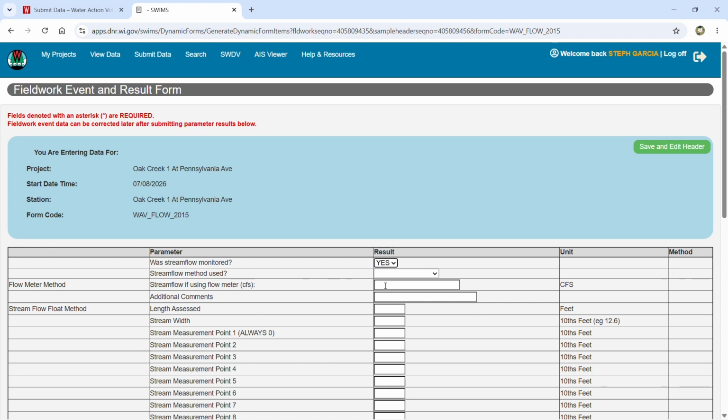First, select the streamflow method that you used. If you used a flow meter, you can directly type in your final streamflow discharge value in the text box. If you use the wave float method using a tennis ball, you will fill out the rest of the fields on the page. Type in any comments about the flow that day that would be useful for a biologist to